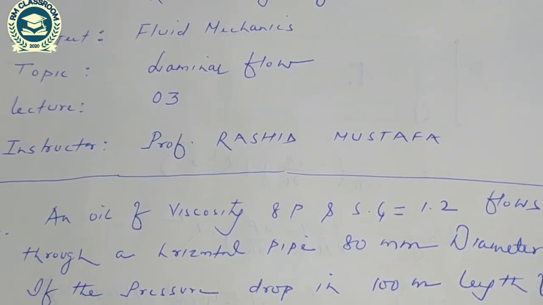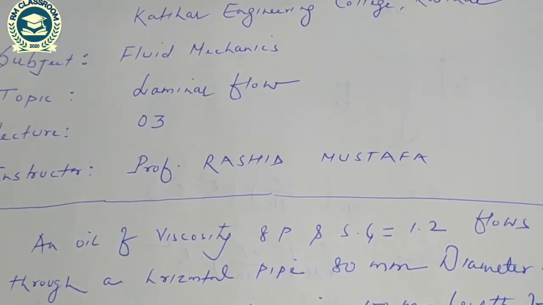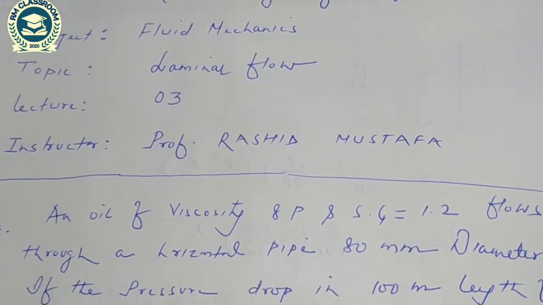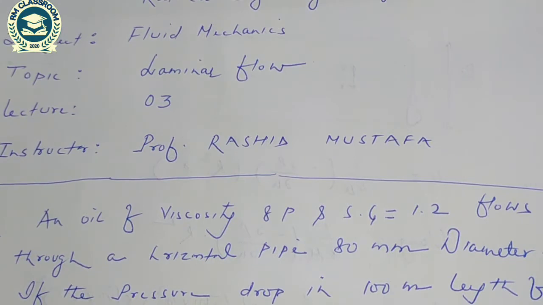So let us start. First problem: an oil of viscosity 8 poise and specific gravity 1.2 flows through a horizontal pipe of 80 mm diameter. If the pressure drop in 100 meter length of the pipe is 1500 kilonewton per meter square, calculate: